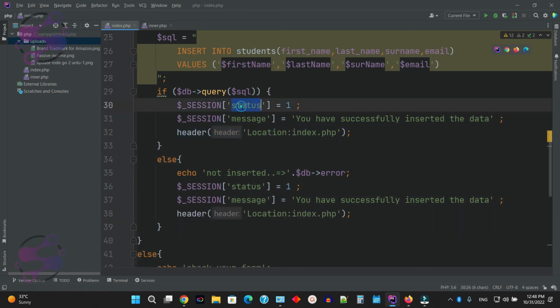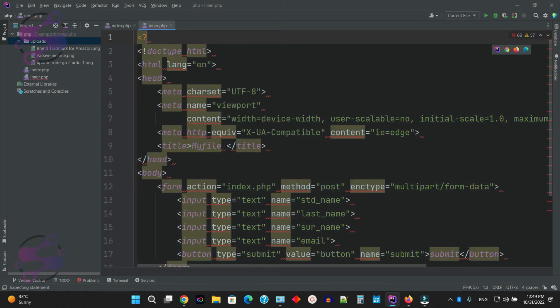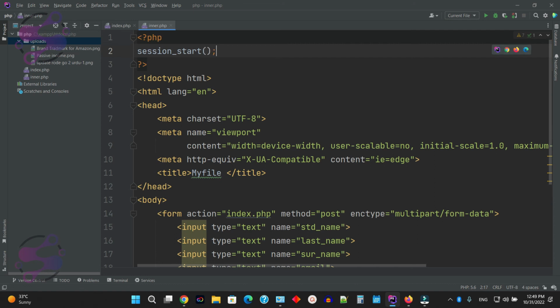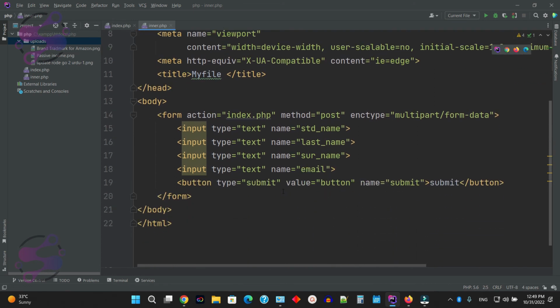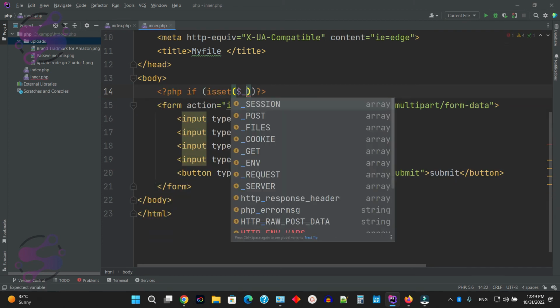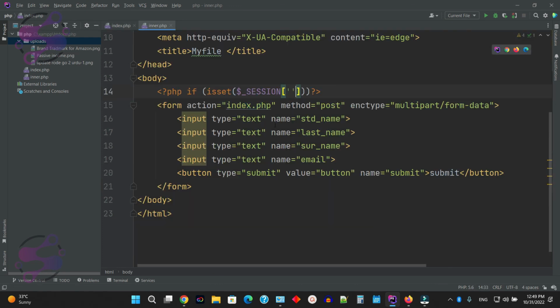Same goes here. Since you are storing the data here, then definitely you have to fetch the session here. I'm saying session start, and now check the session here. If isset session, which one? Here you have to see. If you say your status equals to 1, then